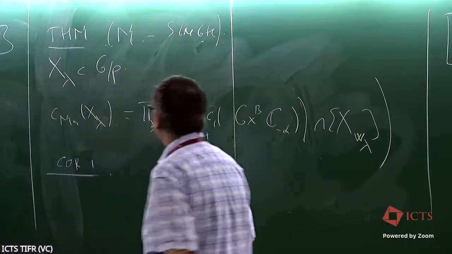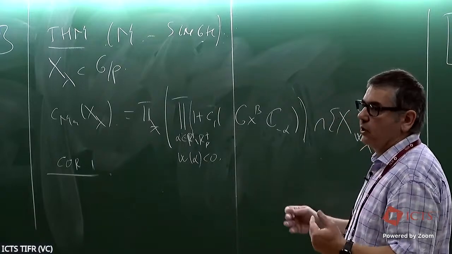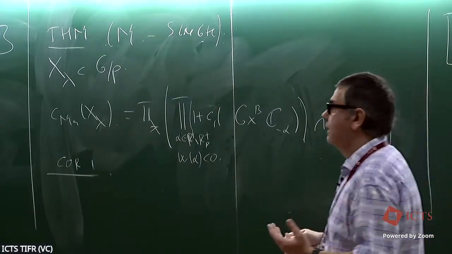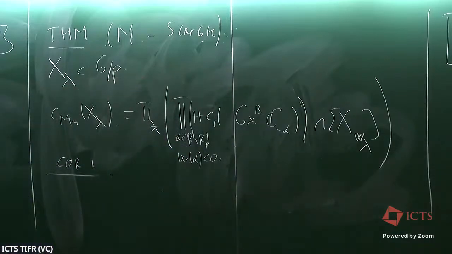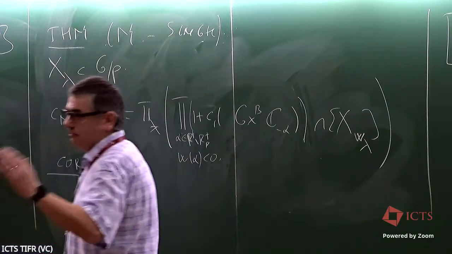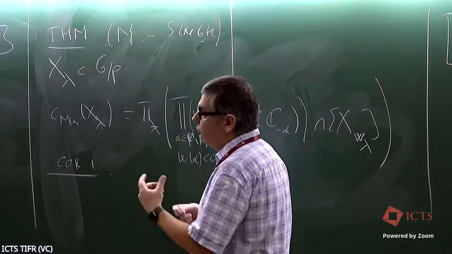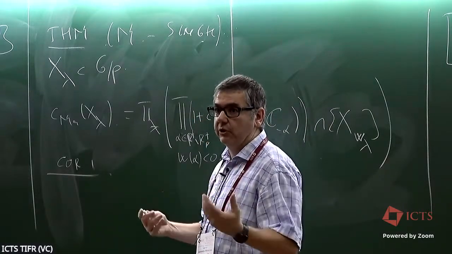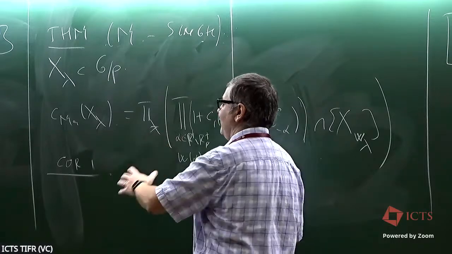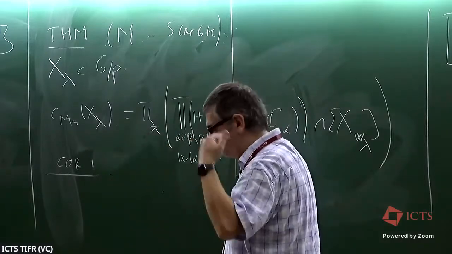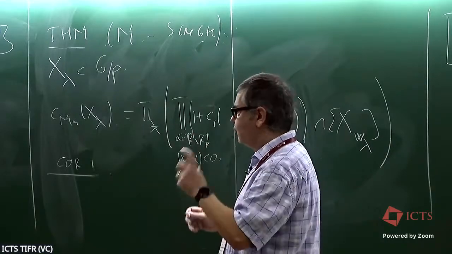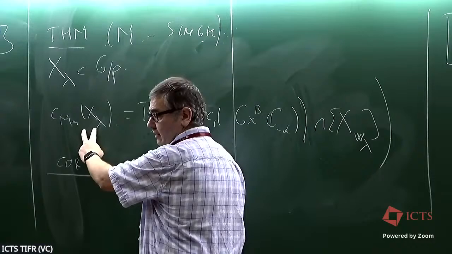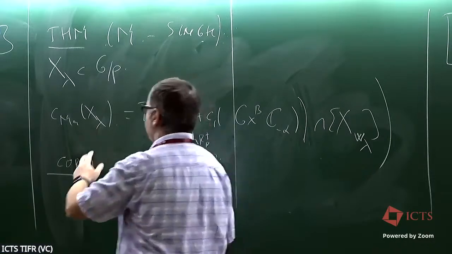is that it was already known by work of Bressler, Finkelberg, and Lunts in type A, and Boe and Fu in types A to D, so in classical types, that the characteristic cycle of the IC sheaf was irreducible. That means that the Euler obstruction is equal to the Kazhdan-Lusztig multiplicity in that situation. But how about types E6 and E7? In that situation, it was not known. Using this formula, it's a bit unsatisfying, but we had a brute force Sage algorithm. We just checked that the mother class was equal to the Kazhdan-Lusztig class in those situations,